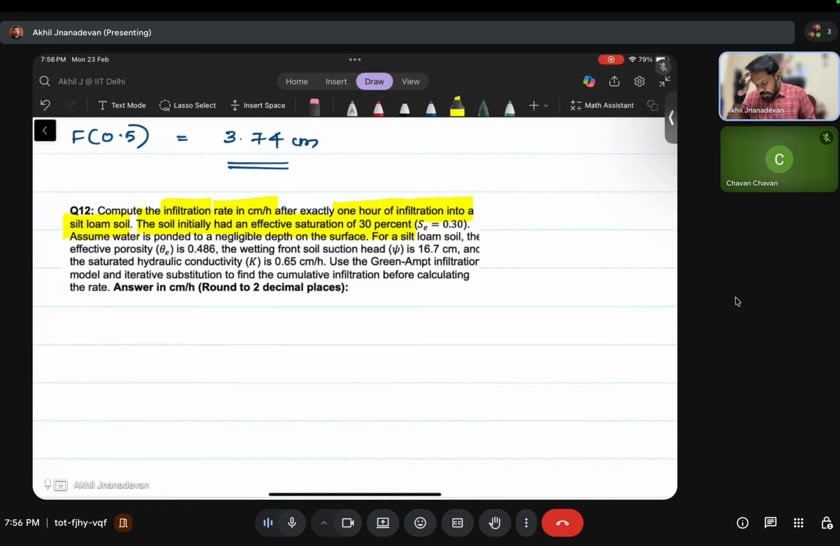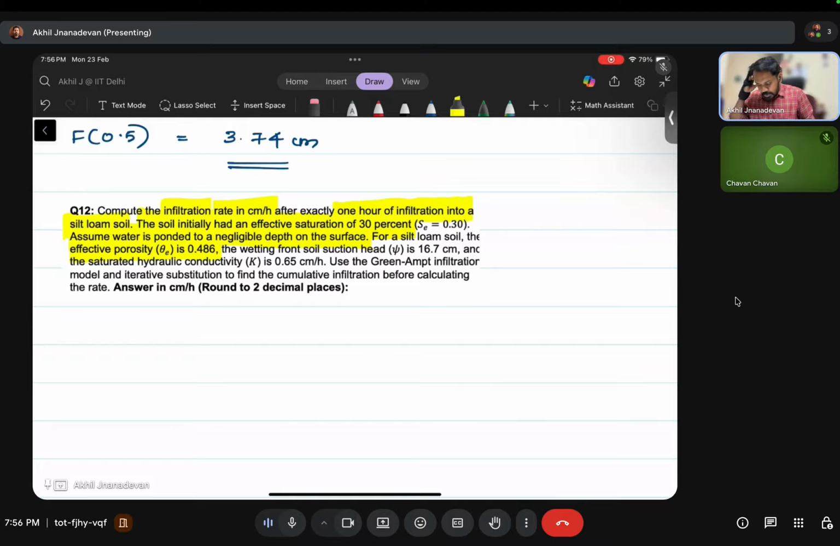Assume water is ponded at negligible surface depth. So the ponded depth can be neglected for a silt loam soil. The soil type is silt loam. The effective porosity, theta E, is given as 0.486,